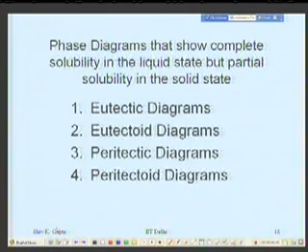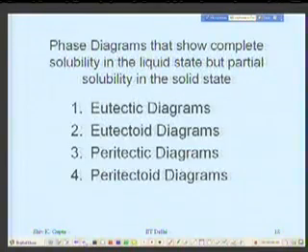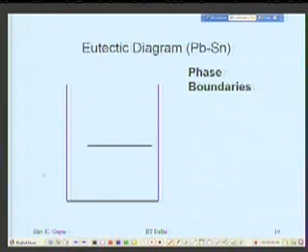Alright, next we try to look at the other kind of diagrams which show partial solubility in the solid state while they show complete solubility in the liquid state. Some of these diagrams I mentioned, I am not mentioning all such diagrams: eutectic diagram, eutectoid diagrams, peritectic diagrams, and peritectoid diagrams. We shall see them one by one. So first start with the eutectic diagram. Let's say